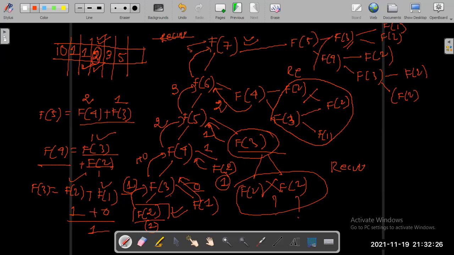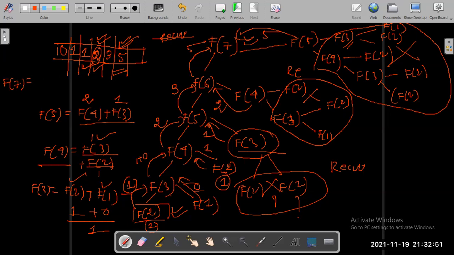Okay, so all these extra function calls, how can I avoid them? Have I already calculated f of 5 somewhere? Yes, sir. Stored it somewhere? Just return that value to the previous function. So these all are avoided. No need to call that many functions anymore. I have stored it somewhere. Return that as it is. So now f of 7